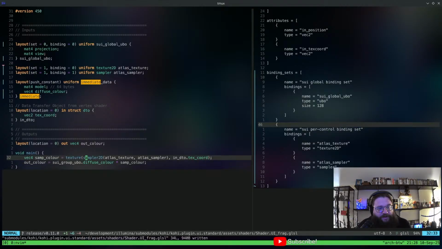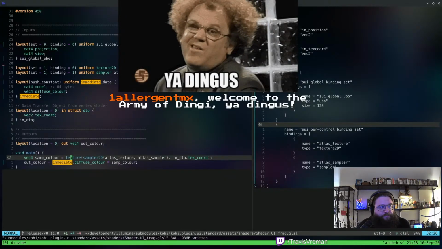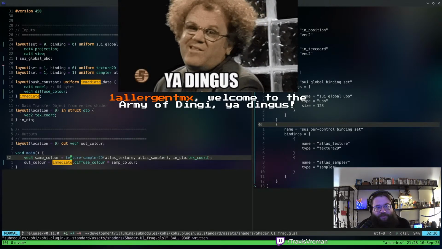So all we need to do is, instead of the group UBO at this point, this just needs to be the immediate diffuse color, I think, is the only thing we actually have to change here. So that's the fragment shader. It's still pretty simple, right? There's not a whole lot to it, so thankfully this is going to be a pretty quick change.